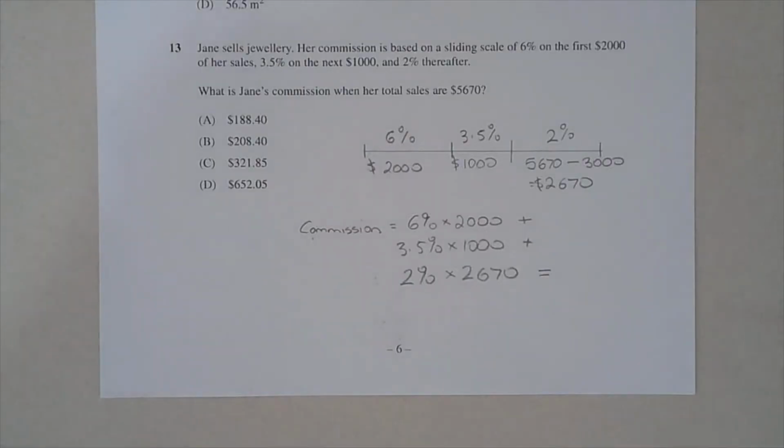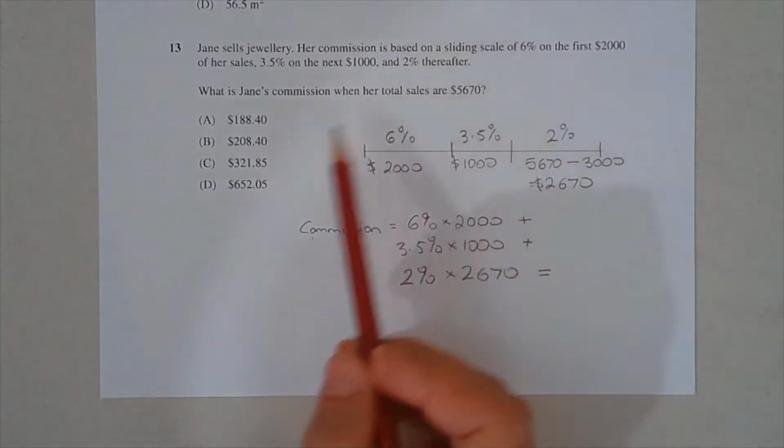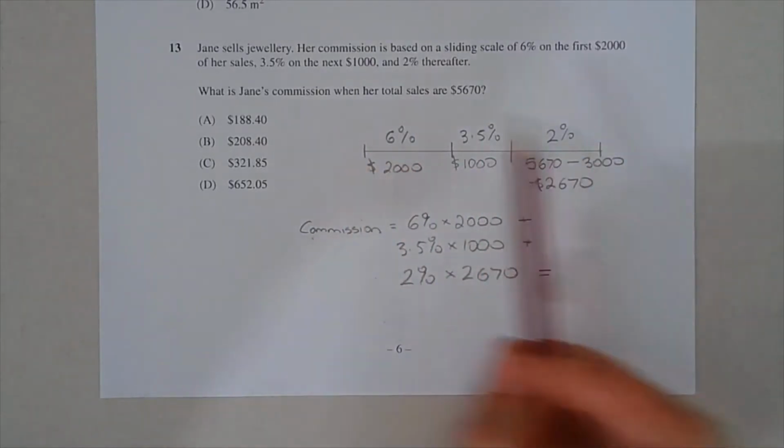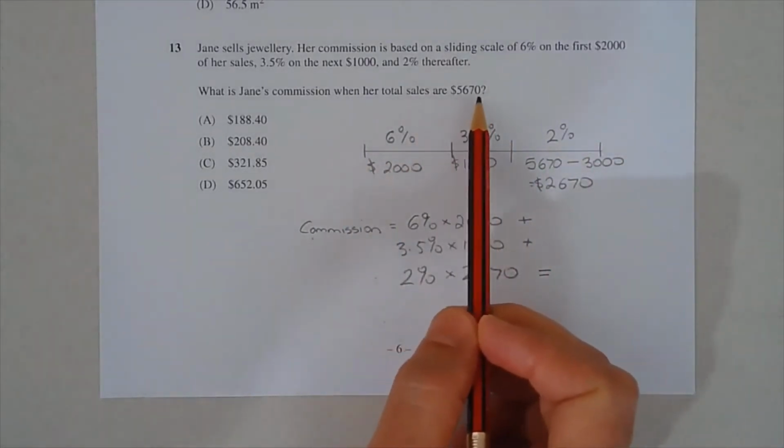Question 13. Jane sells jewellery. Her commission is based on a sliding scale of 6% on the first $2,000 of her sales, 3.5% on the next $1,000 and 2% thereafter. What is Jane's commission when her total sales are $5,670? So what I've done is to use a number line to break up this amount of $5,670 into the